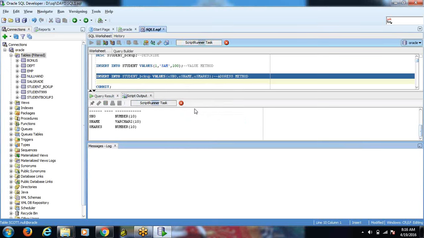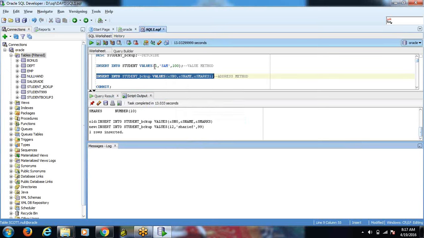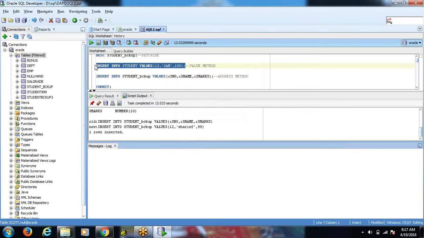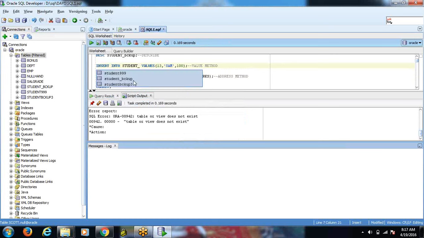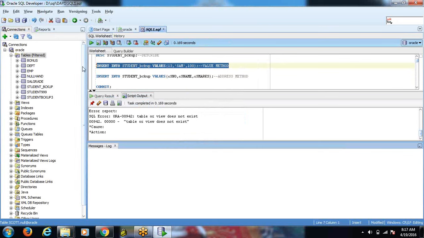One row inserted, and in the same way I can insert like this also. Directly I can give the values and insert them by using this value method also. Here also, student backup, like this also I can insert the values, one row inserted. Got it?